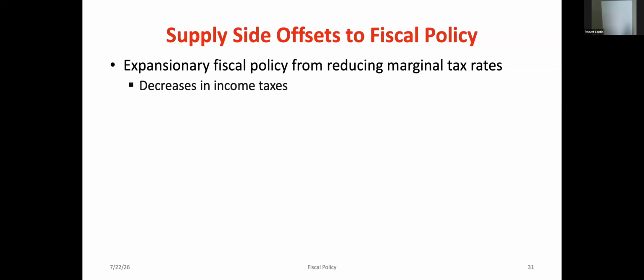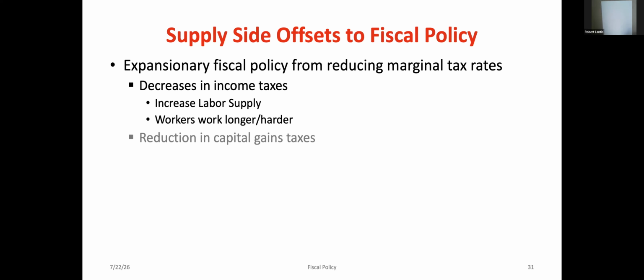So if I lower tax rates, if I did it through income taxes, well, if I decrease income taxes, that could potentially increase labor supply. Why? Well, first of all, if I'm thinking about working, my take-home pay is my income minus those taxes. So if I'm going to be able to get paid more from working because those taxes are lower, more people are likely going to want to join the labor supply or look for jobs. Even if it doesn't change the number of workers, every hour I work, I'm now keeping more money, so I'm going to work a higher number of hours. So we would see an increase in labor supply.